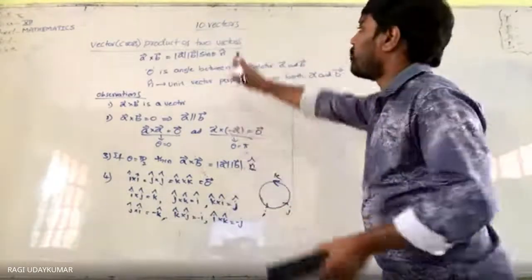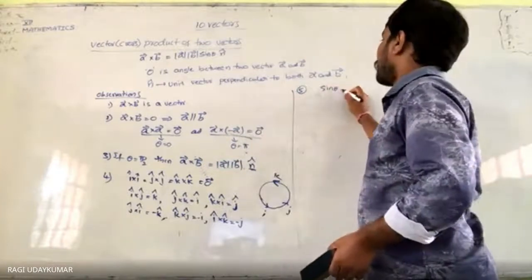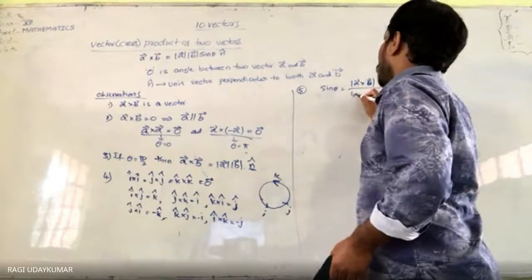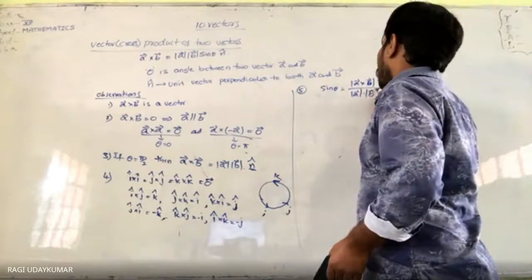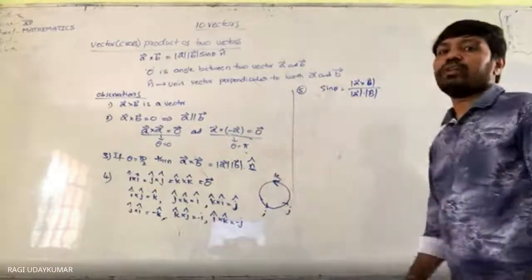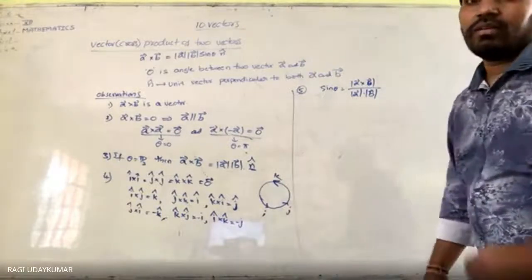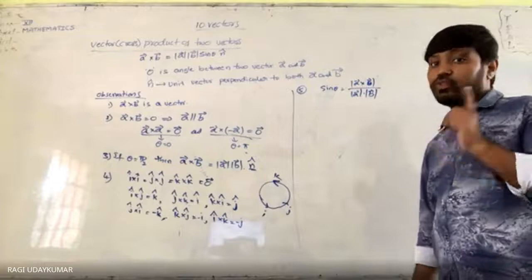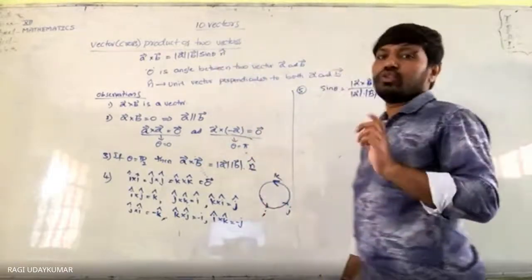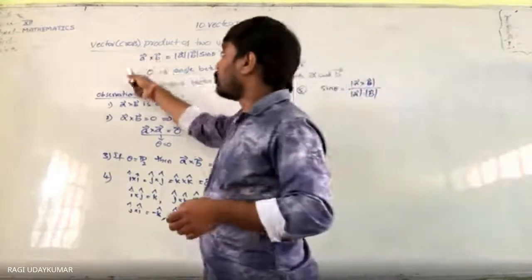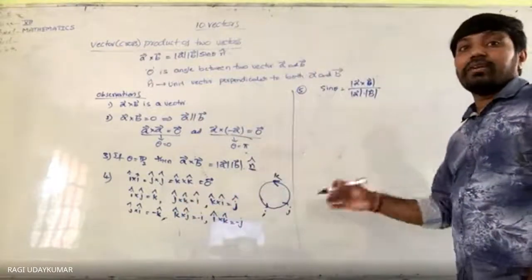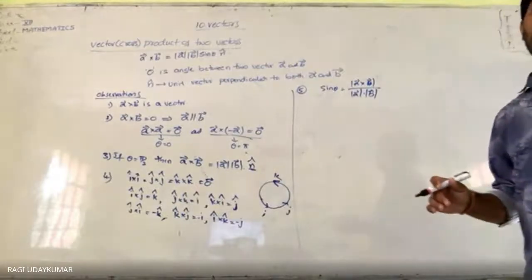From here itself you can say that sin theta is equal to the magnitude of A bar cross B bar divided by the magnitude of A bar into the magnitude of B bar. Sir, what about the n cap? The magnitude of n cap is equal to 1 because n is a unit vector, so its magnitude will be equal to 1. And whenever you are finding this vector's magnitude, you are going to get a number. Then theta is equal to sin inverse, you have to use.